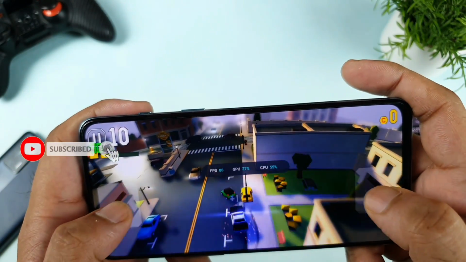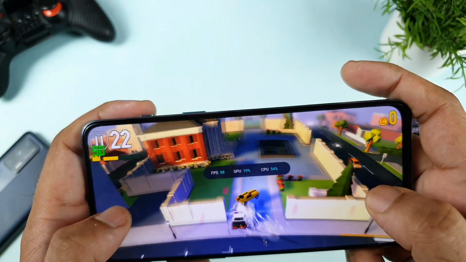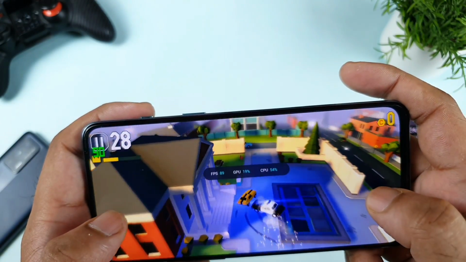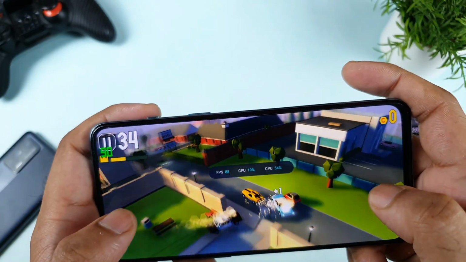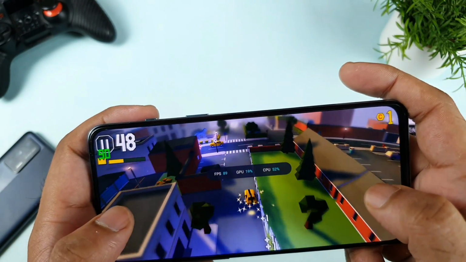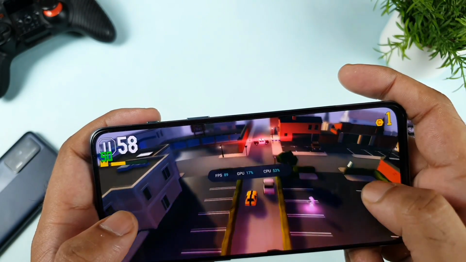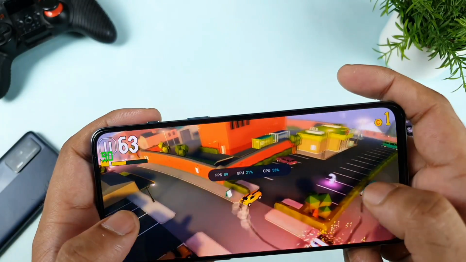So overall, the OnePlus Nord 2 is not limited to 60 Hz. You can actually play 90 Hz gaming in this phone without any kind of problem. So you should not be worried at all. The Realme X1 Max at this moment is not supported with this kind of high refresh rate. Maybe with the next update, it might get fixed. But right now, on the OnePlus Nord 2, there are no issues at all. This game is working 100% fine.